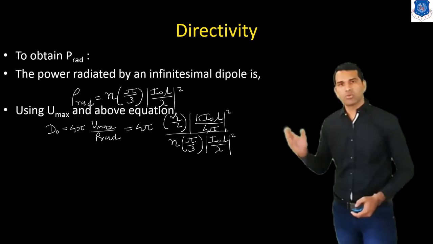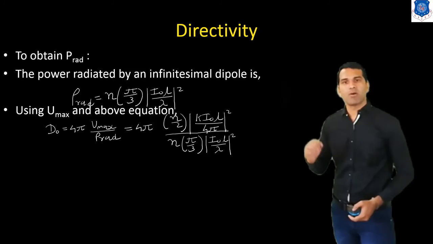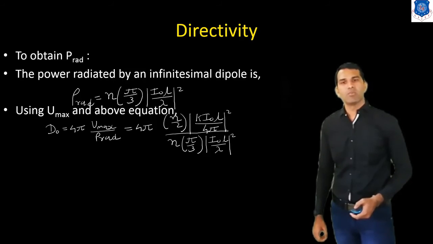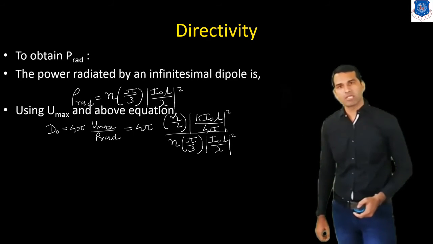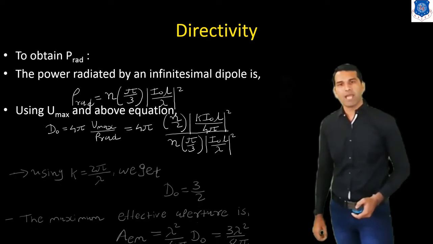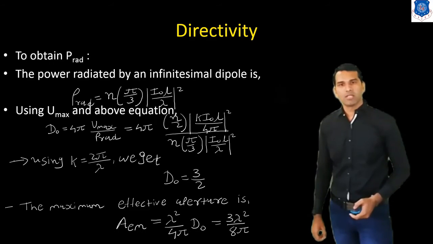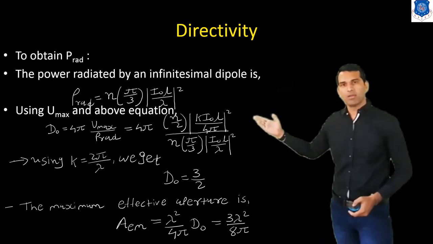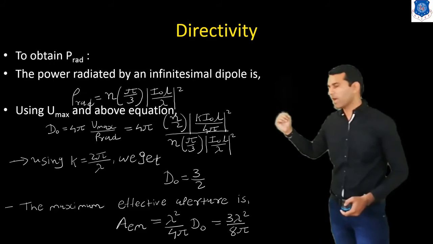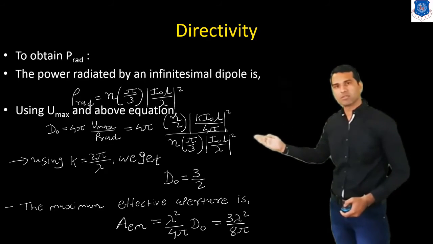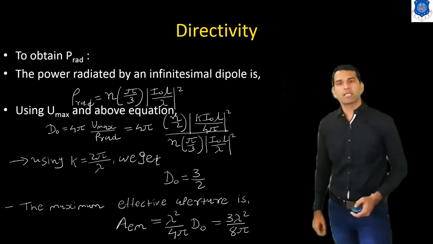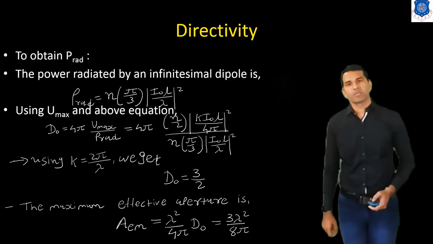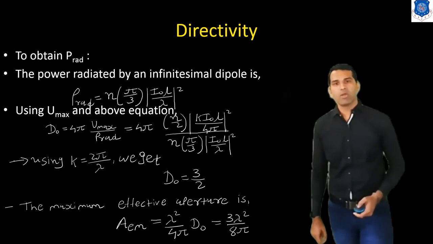Now we substitute these values, the power radiated and U maximum, in the directivity equation. Using k is equal to 2 pi by lambda, we get